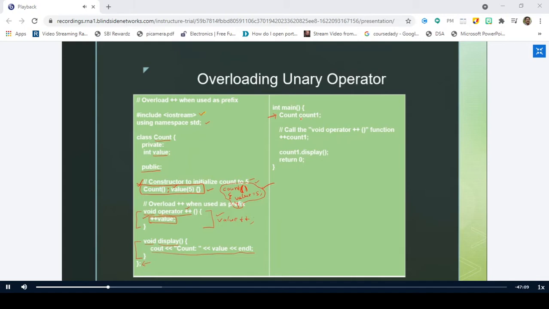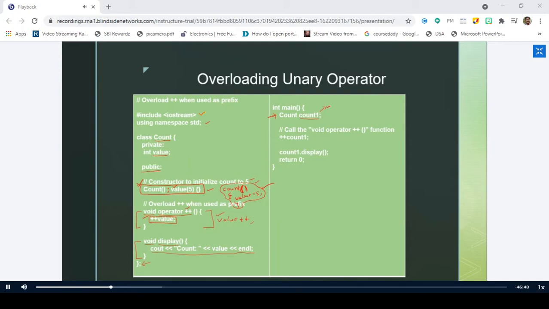So while creating the object, what does the compiler do? It will allocate the memory for the object. What are the contents that are present for this object? Value, sir.